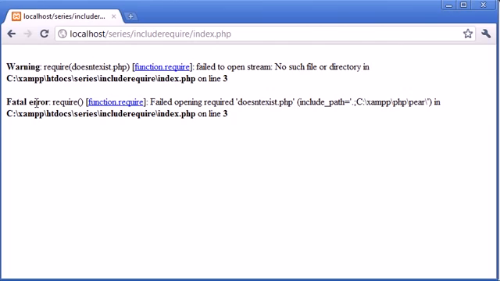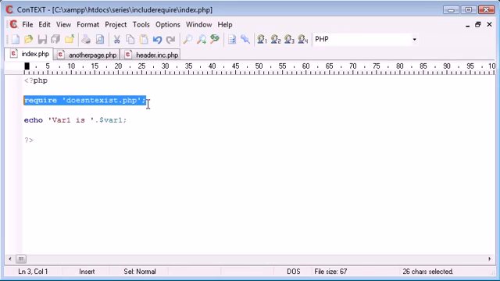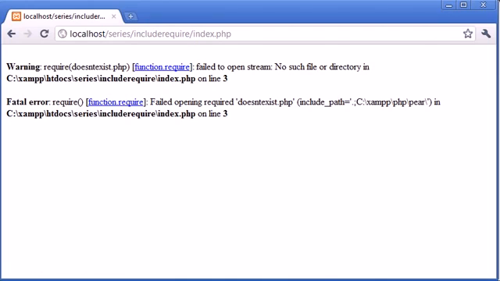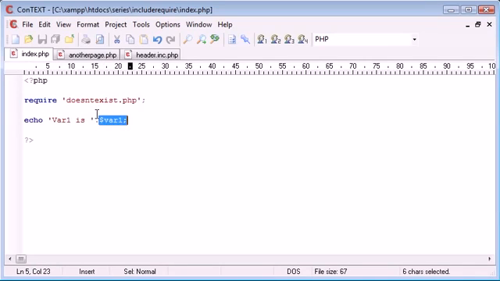And the fundamental difference between require and include is that require just handles the errors differently. So if we can't find the file and we've required it, it kills the rest of the page. We just kill the page off. So nothing else after this line here is executed. It kills it off. Therefore, the reason this is important is because if we needed variables, and we need this variable in this case to display this whole sentence properly, we require